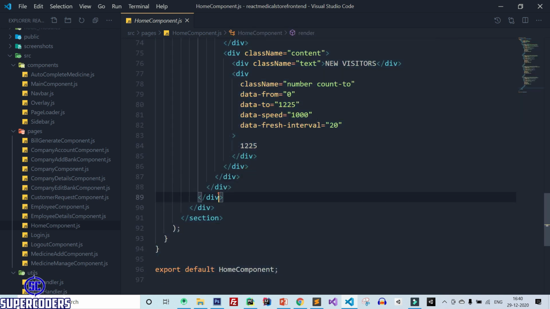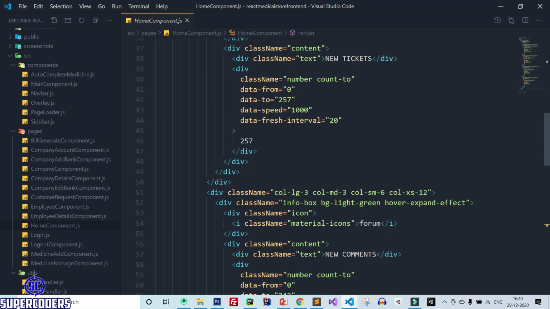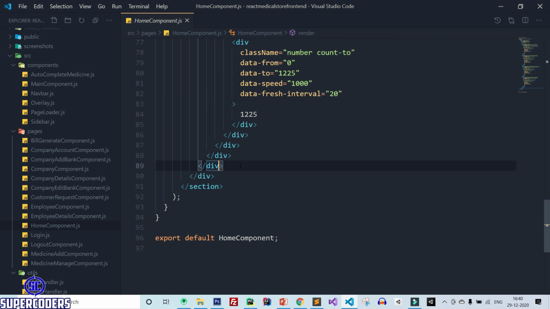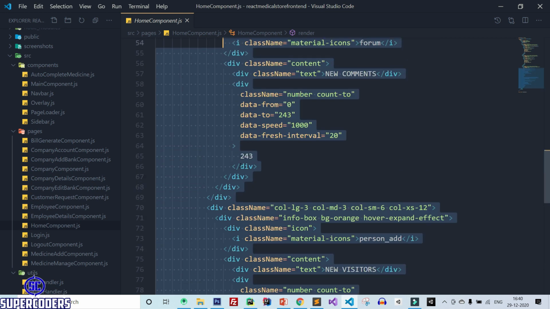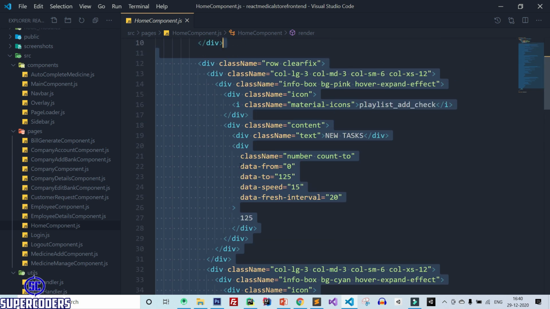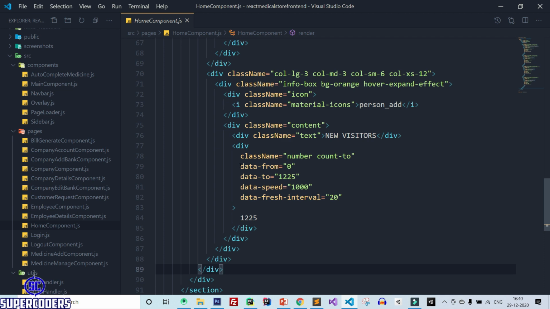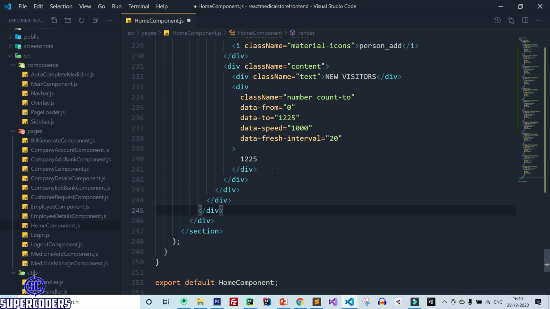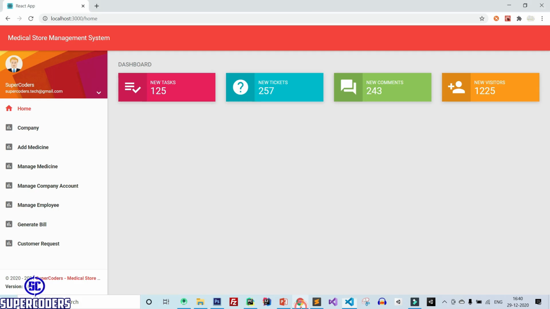Let's check where it is closing. Just copy this row of div, copy it, and paste it again. Now save it and back to Chrome and refresh the page.